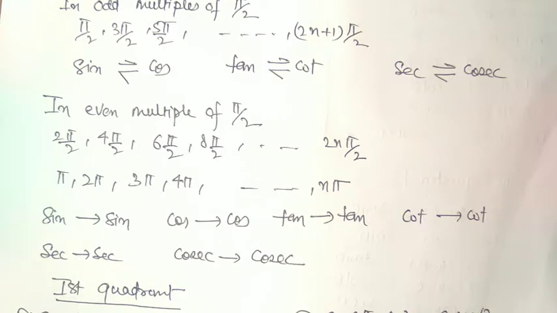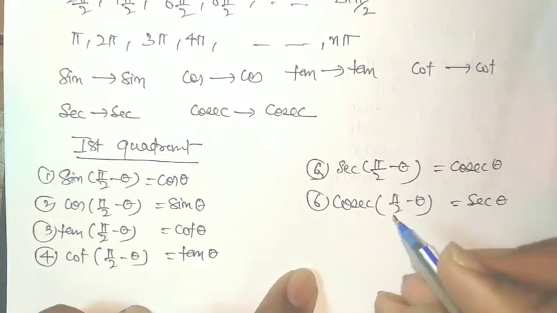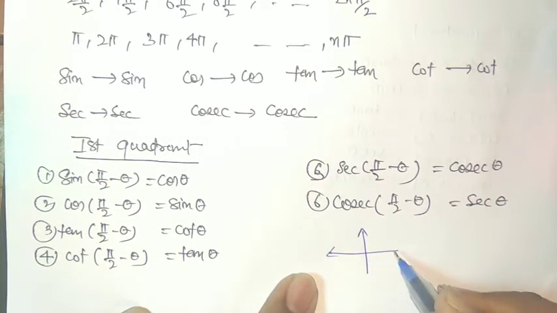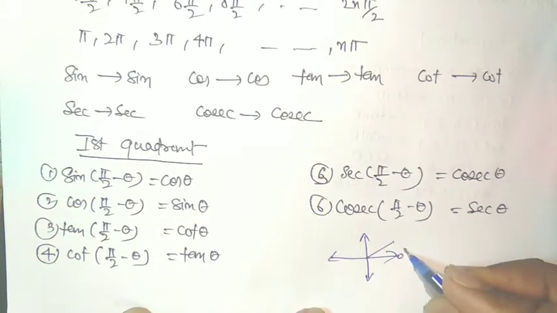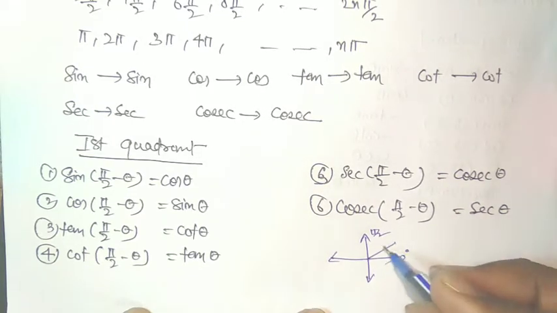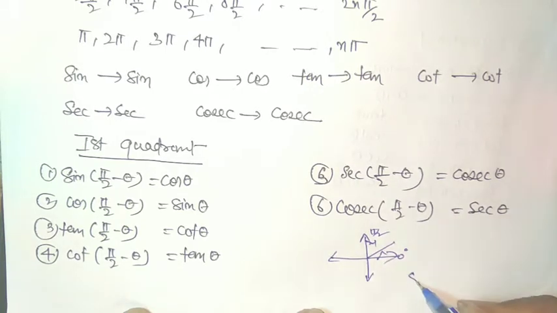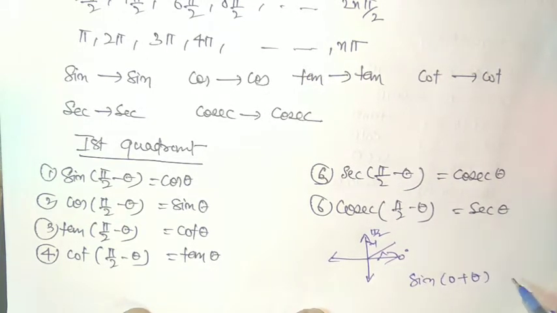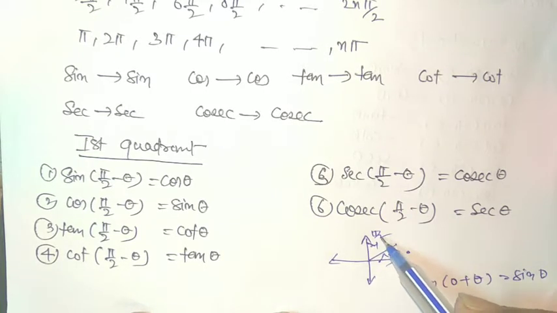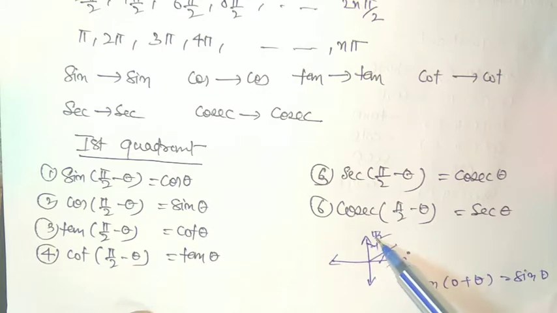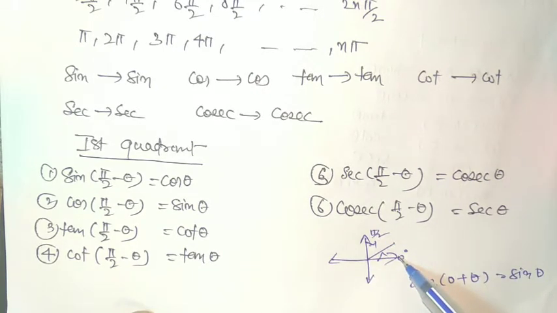Okay. Now we are going to form formula for first quadrant. Now see, how can we go to first quadrant? Either we add something to 0 degree, 0, or we can subtract anything from pi by 2. Then only we can move to first quadrant. So by forming sine 0 plus theta equals to sine theta, then it is not relevant to write the formulas for 0 plus theta. So we are writing formula only for pi by 2 minus theta. So in first quadrant, pi by 2 minus theta, and all the trigonometric functions are positive.